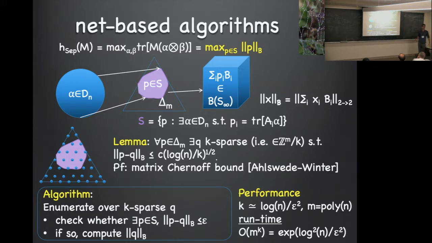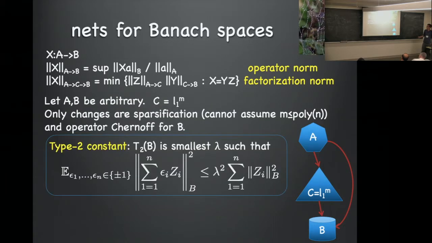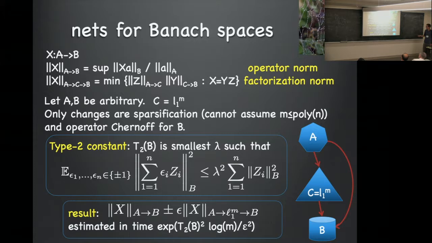And so you can think of it as, I want to estimate the A to B norm, but the approximation error I get is proportional to the A to L1 to B norm. And this is like how well can I approximate my map by one that factorizes through there? And there's one other little way in which this is worse than the SOS ones. For the sum-of-squares-based algorithms, it was enough just to know the matrix M. Whereas here I need to be given the decomposition. These net-based algorithms depend on the decomposition. You have to be given it, it's not easy to find.